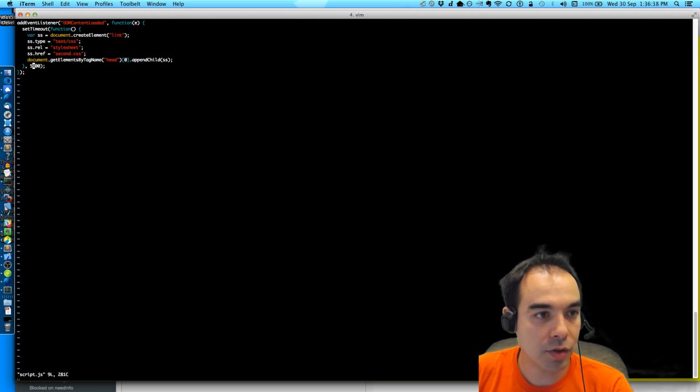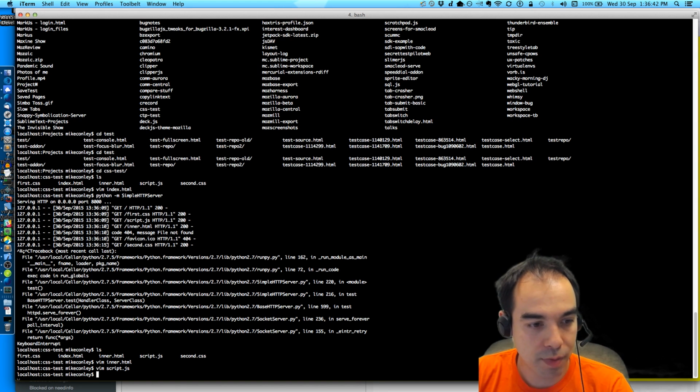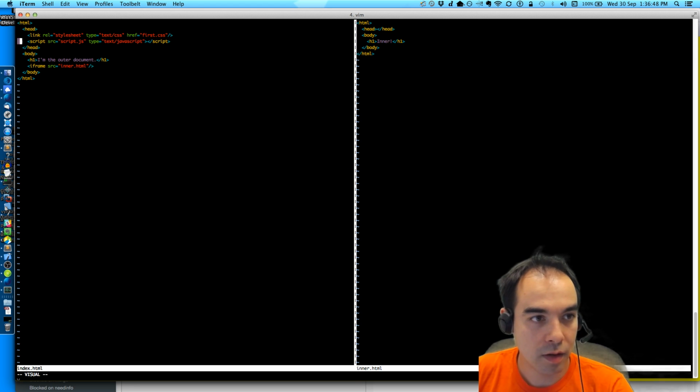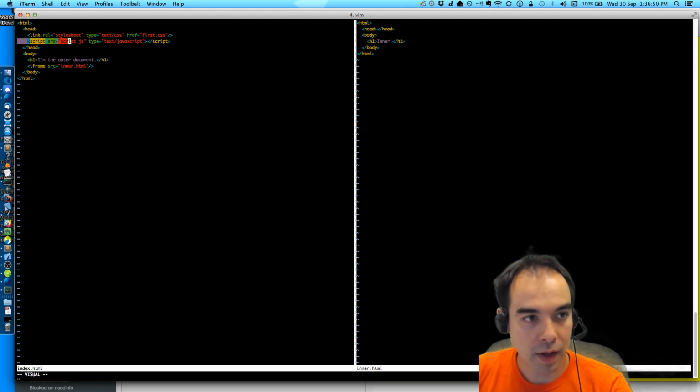I'm going to make that after 2 seconds, and I'm going to import the same script in inner.html. And that way, hopefully we'll see this breakpoint hit twice.